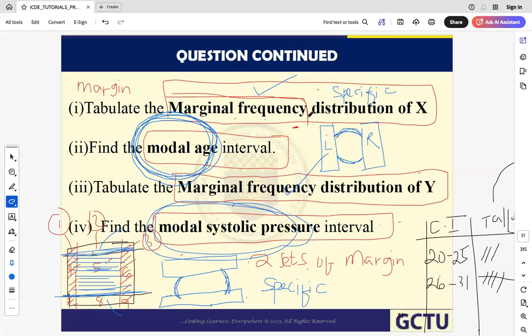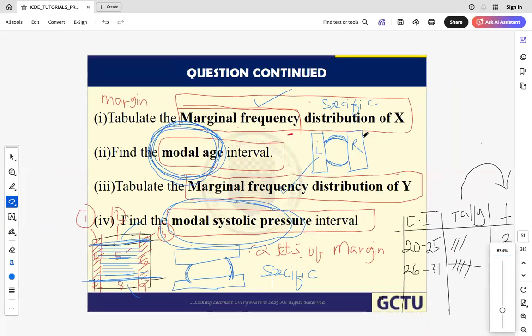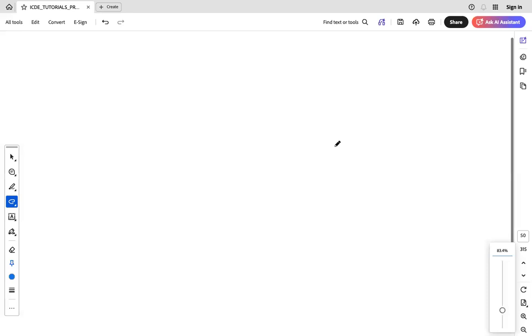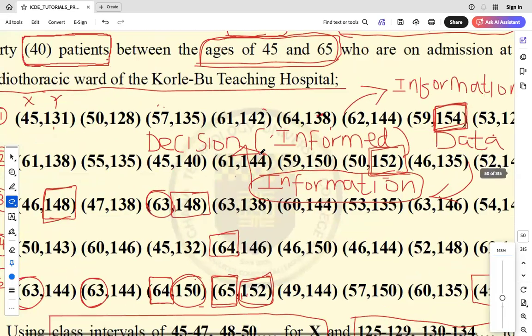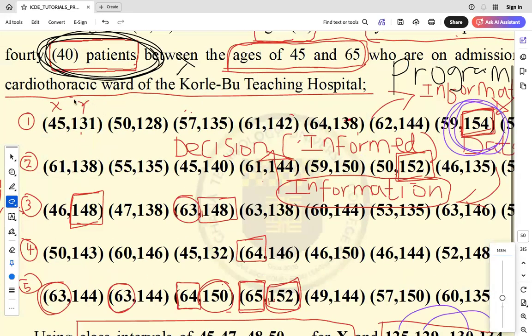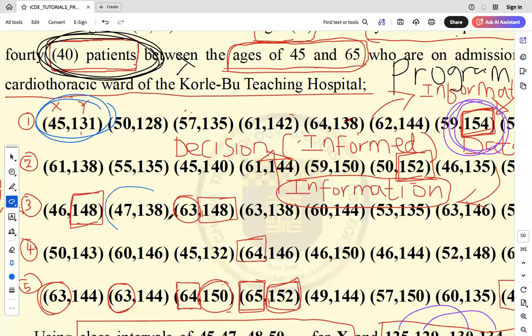Then out of the 4 pieces of information, the modal age, the systolic pressure, the marginal frequencies, we are going to conclude to guide the doctor as to what he should do, so that when the doctor comes and picks his first 16 by saying I will attend to this patient, I will attend to this patient, I will attend to this patient,